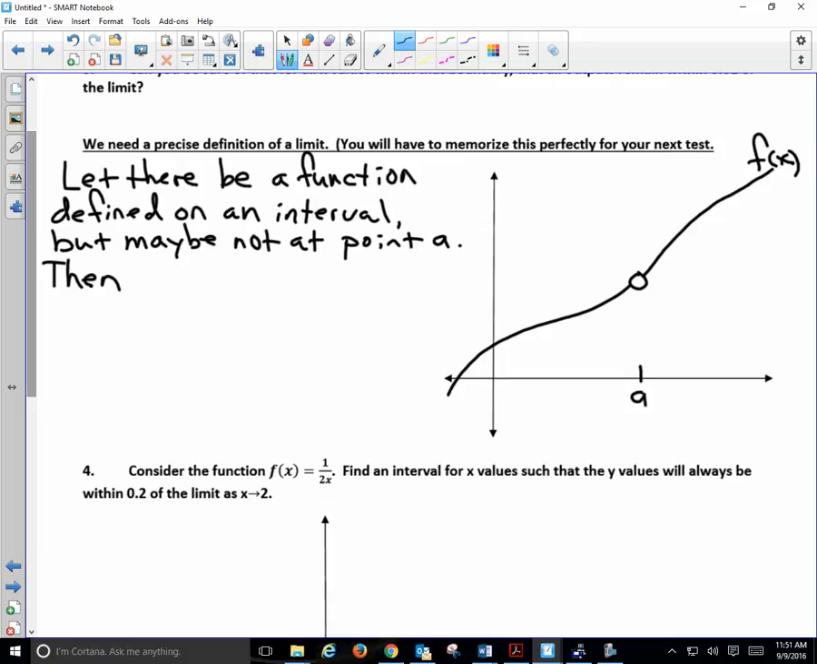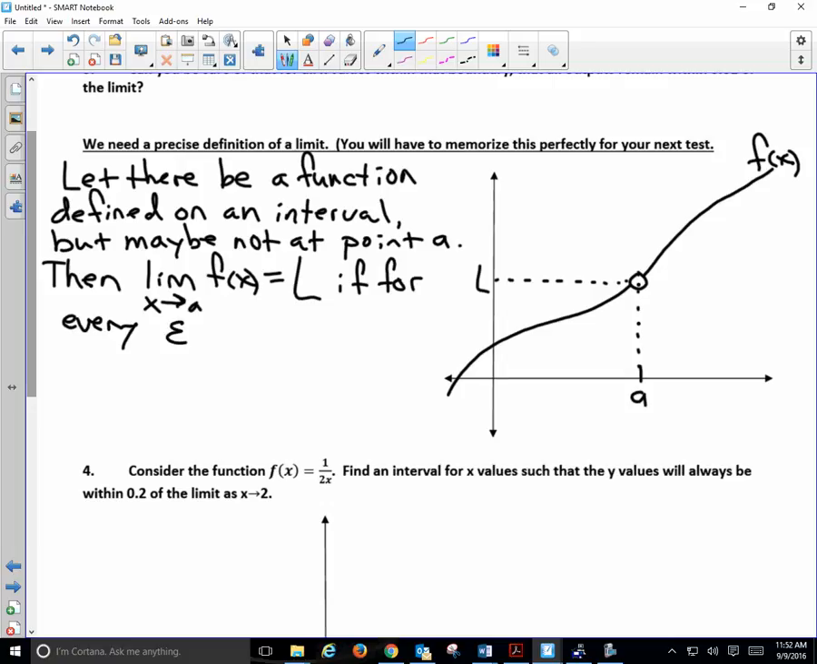Then let's make a statement. The limit as x approaches a of the function is equal to L. Or the limit exists. The limit is equal to L. If, now here's what we're going to say. If we can create a small enough window to be confident. But the way we say that mathematically is this. If for every